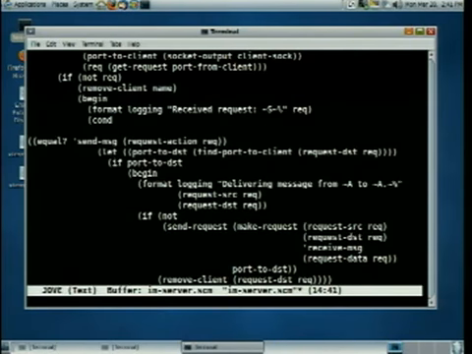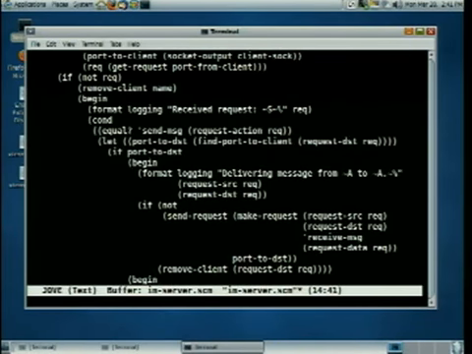In which case, we look up the port for the person you're trying to talk to, and then right here, we do send request from the source to the destination, receive message, and then request data, which is whatever the text is that you're trying to send. So we send a request over the network to the client, and the action of that part of that request is receive message.